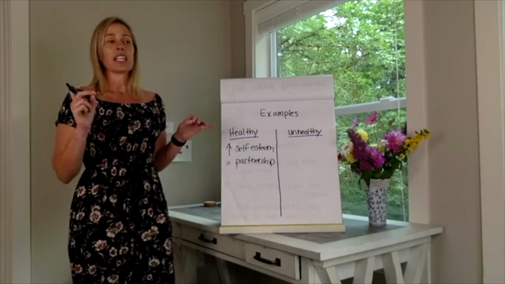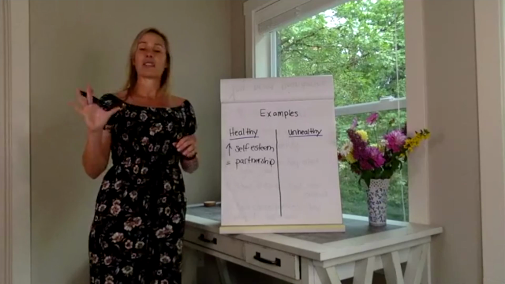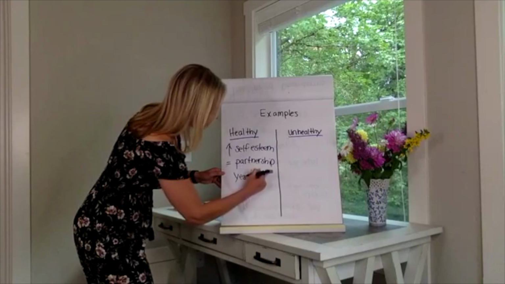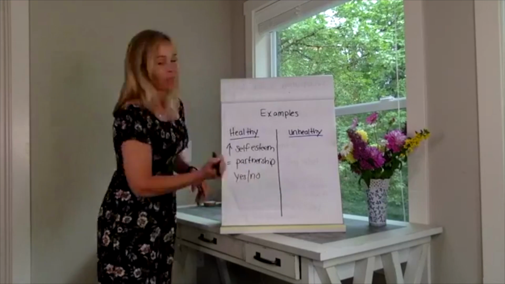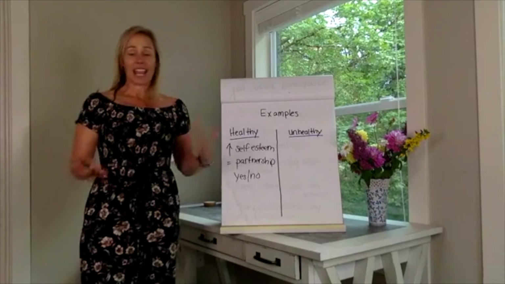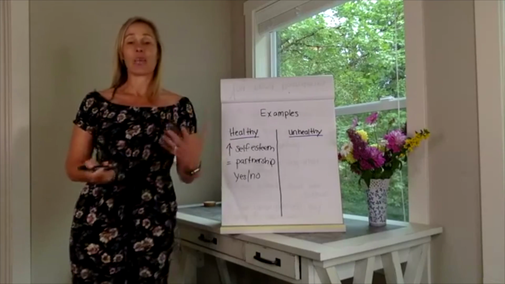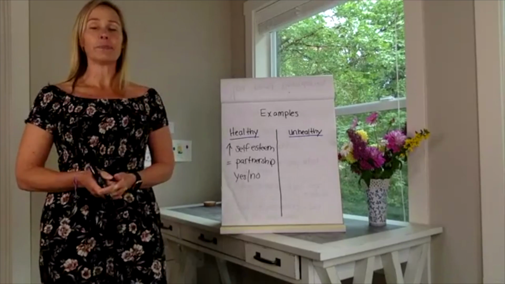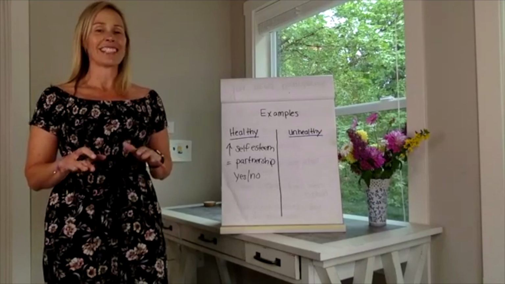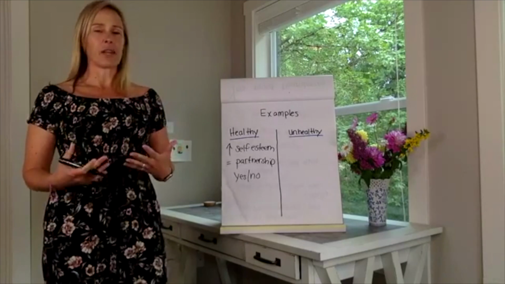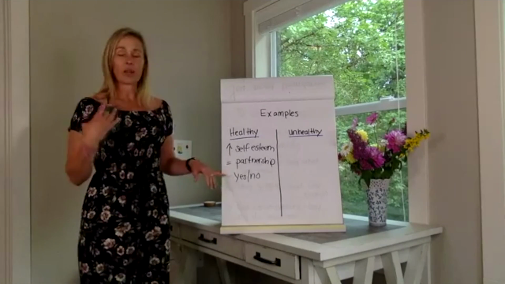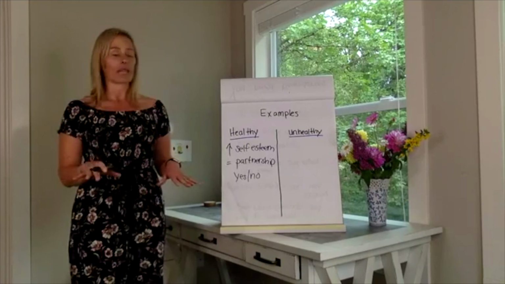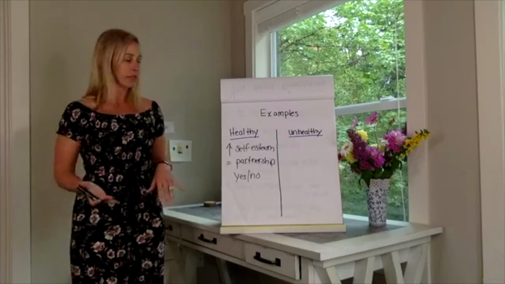Another one is that you're comfortable and willing to say yes and no when you feel like saying yes and or no. Is it something you want to do? Yes, it is. Is it not something you want to do? It's okay to say no. And we're going to get to that because it's very difficult to say no sometimes. But you're able to articulate yes and no. This is good for me. This is not good for me. That shows that you have healthy boundaries.